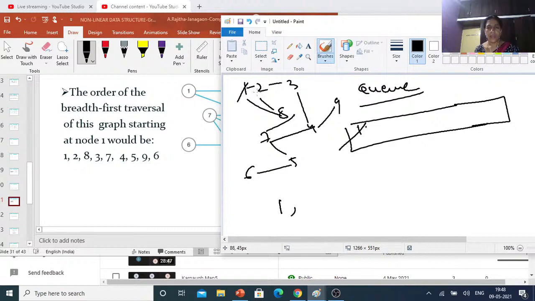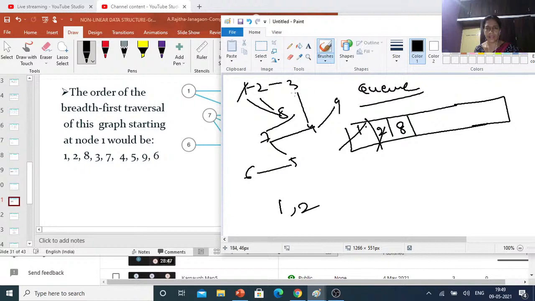So here from this 1, which are adjacent, those you can store in the queue, inserted into the queue. 2 and 8. So first you can remove this one, and before removing, first you can insert the elements which are adjacent to this node, 2, 3 and 8.